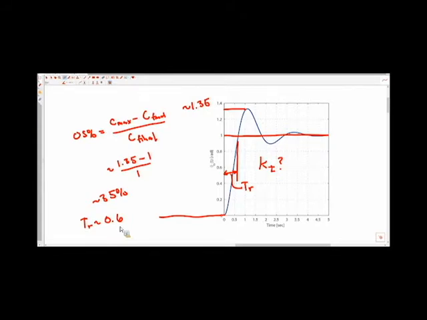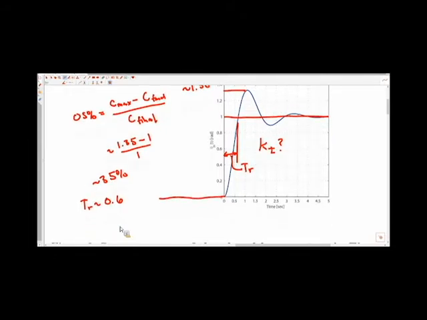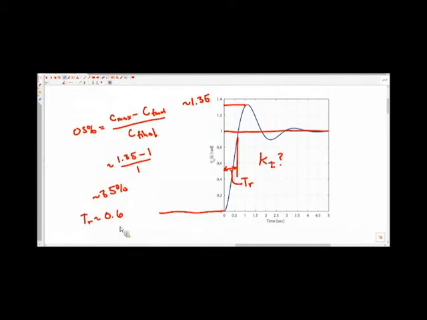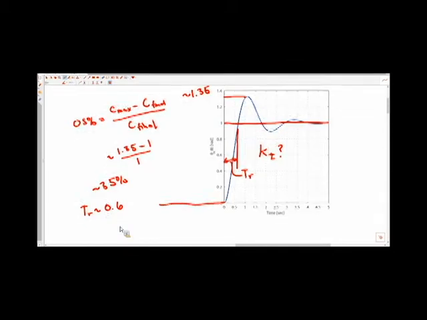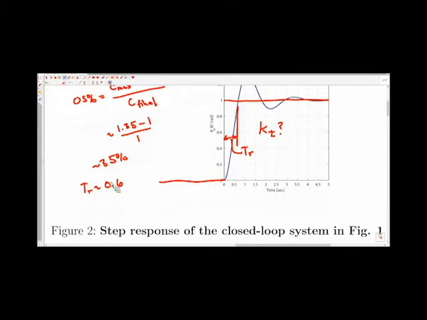We're to try and understand what k tau is. Yes. Exactly. Yeah. All right. So we can relate this. Okay, we said that this response looks a lot like a second order underdamped response. It is exactly a second order underdamped response. And so given these relationships that we know, a second order underdamped system is going to have a rise time that's approximately equal to 1.8 over the natural frequency from some of the rules of thumb that we've established. So if we have that, we could say that